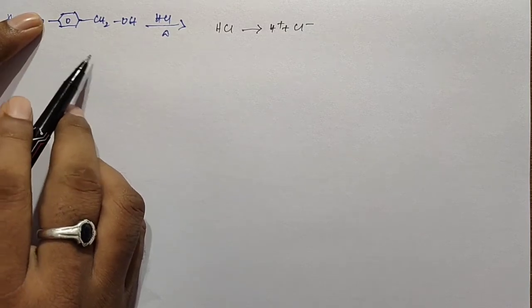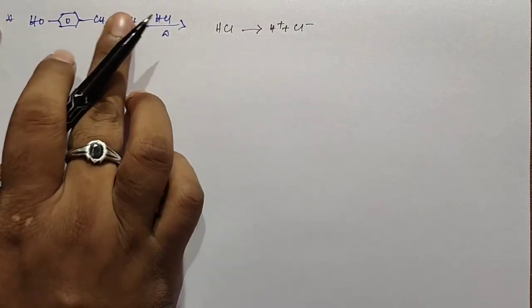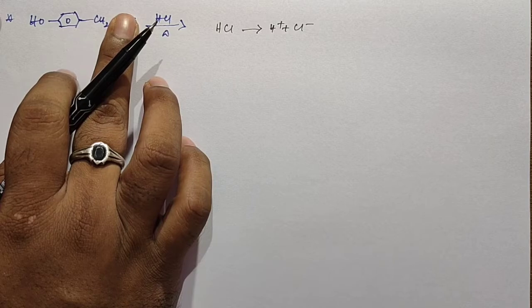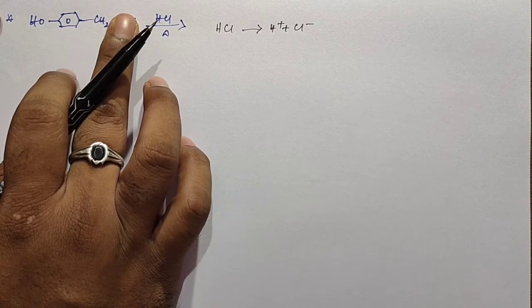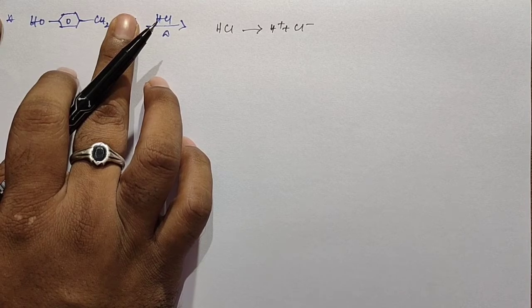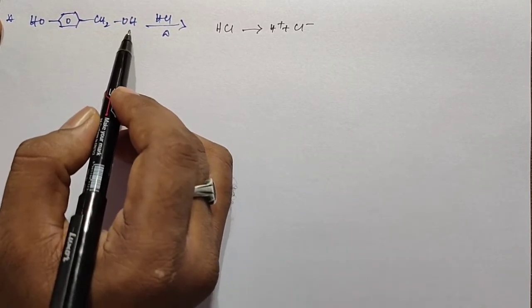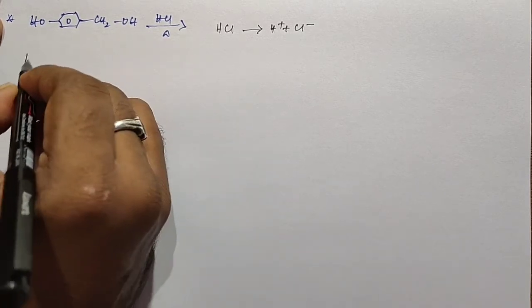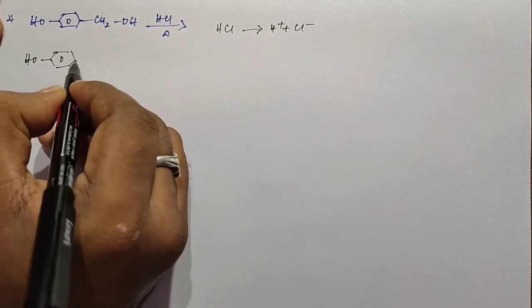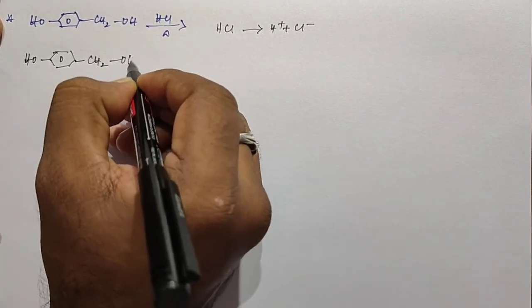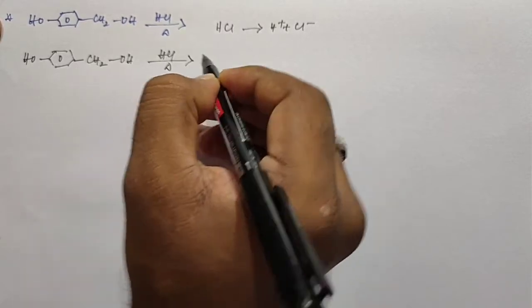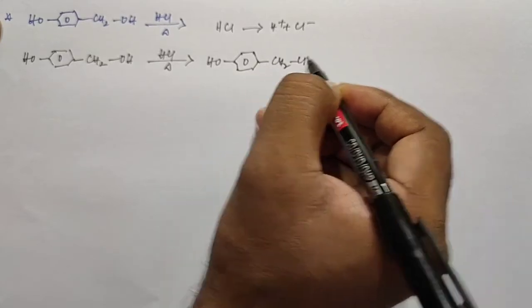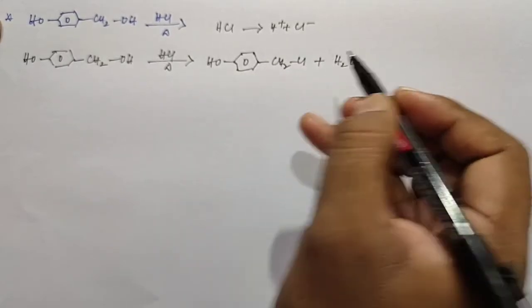Suppose if you choose this OH group, it looks like benzyl. Suppose if you choose this OH group, you get, if you see, this phenyl. Okay, so the phenyl is more stable than benzyl due to its resonance nature. So we need to remove the OH group from this CH2; this OH can be replaced by the chlorine. So we get the product. So this is the final product.